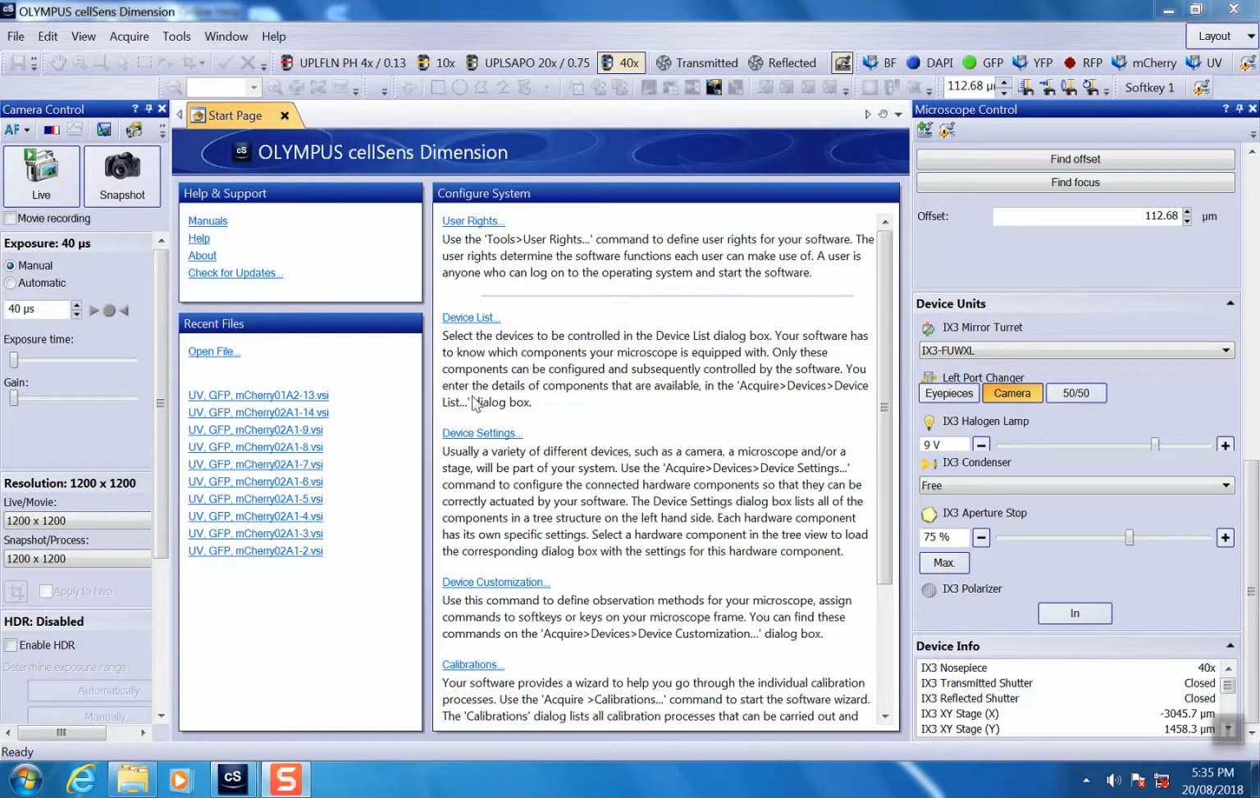So far we've covered how you can set up your very first tier structure of the hardware to communicate with the software via the device list, and then you can apply certain settings through device setting to further configure your hardware according to exactly what you have on your microscope. And then we can move on to what you can consider as the third tier of control of the microscope,